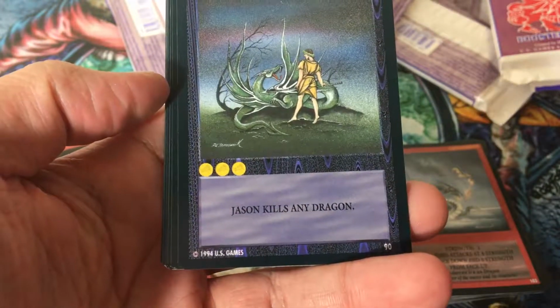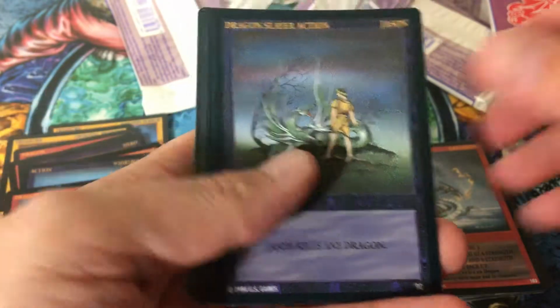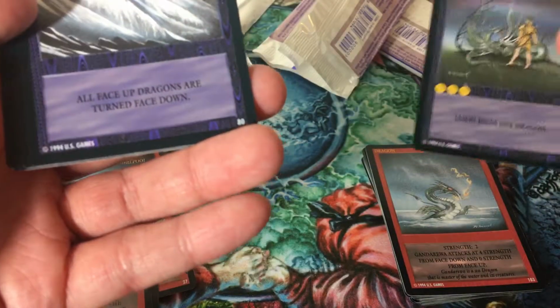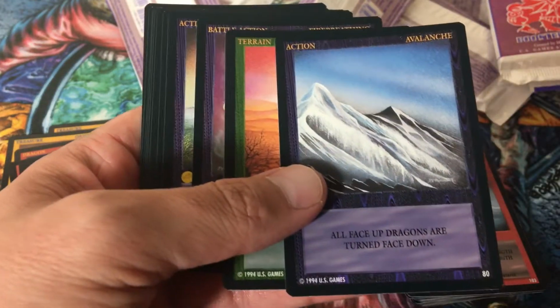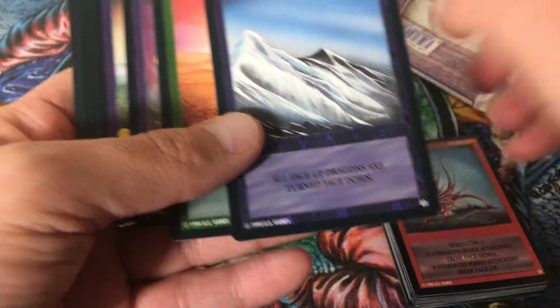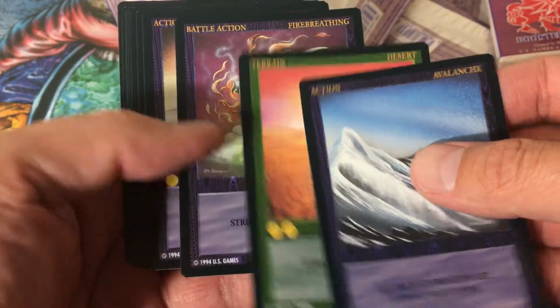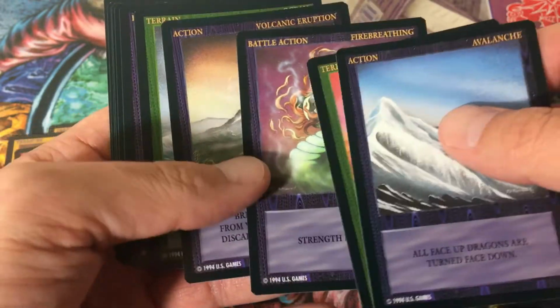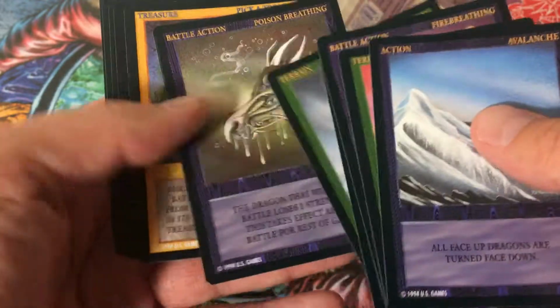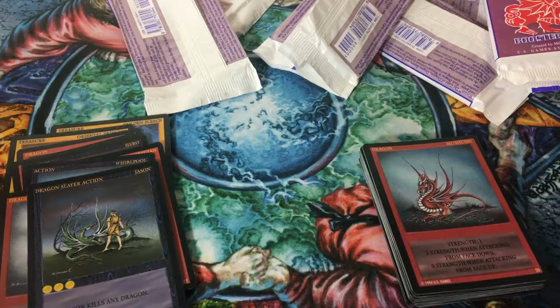Okay, Dragon Slayer. Jason kills any dragon. Good. Cost 3. Oops, I put those in the wrong spot. Avalanche. Desert. Fire breathing gives your dragon +1, cost of 0. Okay. So